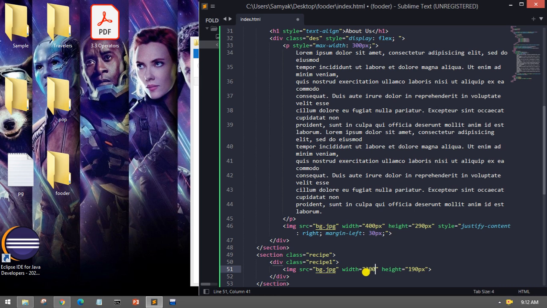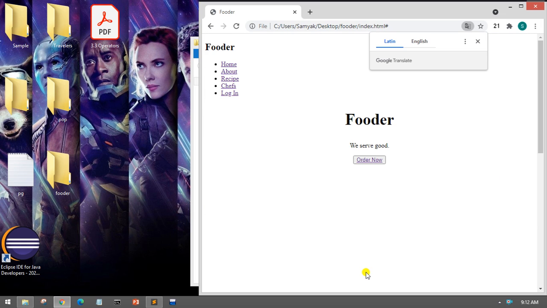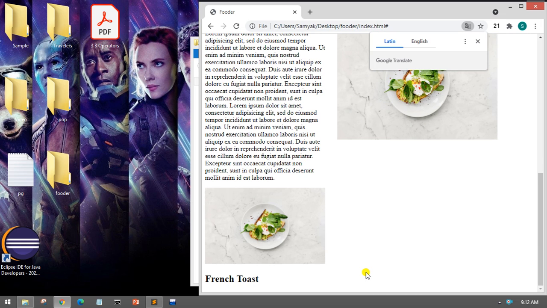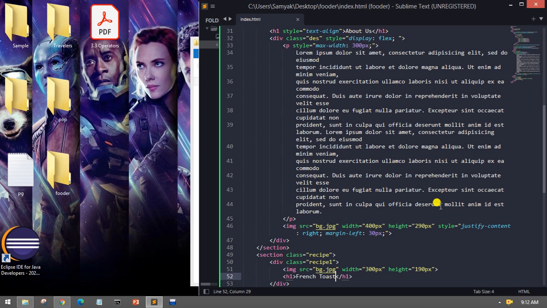I will create a box here, and inside it I will give the name of the recipe. I will just write French toast because I don't know what that is. Now save this, come here and refresh. Scroll down, and here you can see I have created the French toast tag. Now I can create various boxes like this and edit them later, but let's do one thing and add a background color to this. If I write background color,